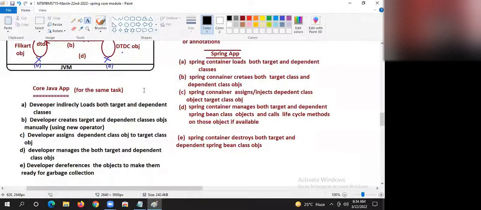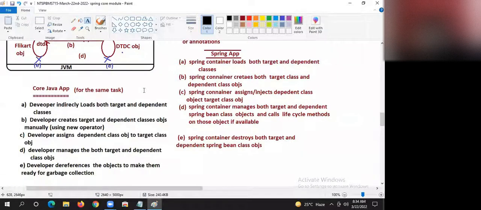At least today you got a theoretical idea of why people are crazy about Spring. At least this scenario, this comparison, makes you think why people are crazy about Spring. How Spring is simplifying your life. Is Spring only simplifying life this much? What about Spring Boot? It simplifies more and more.